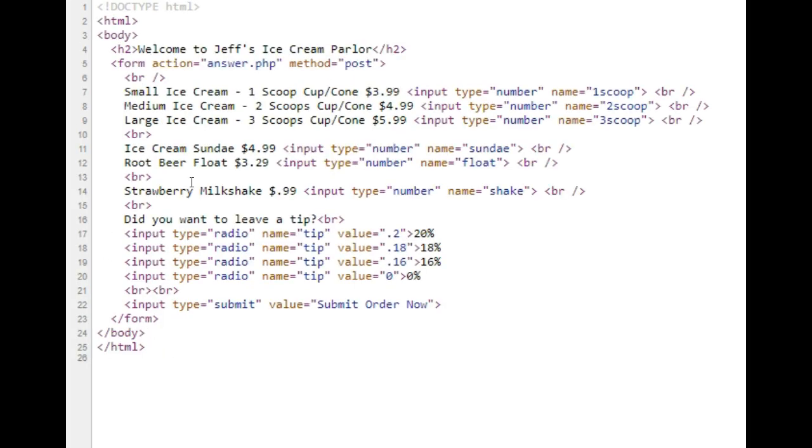A real basic form. Remember, we always start with this exclamation point doctype HTML at the top, and then we do our 2 HTML tags, our 2 body tags, and then we have an H2 up here. That's just basically a heading. This is "Welcome to Jeff's Ice Cream Parlor," close H2, and then we go right into the form. Within the form, we use breaks to do some spacing. Okay, got breaks at the end of the line and breaks between some of them, and then we also have